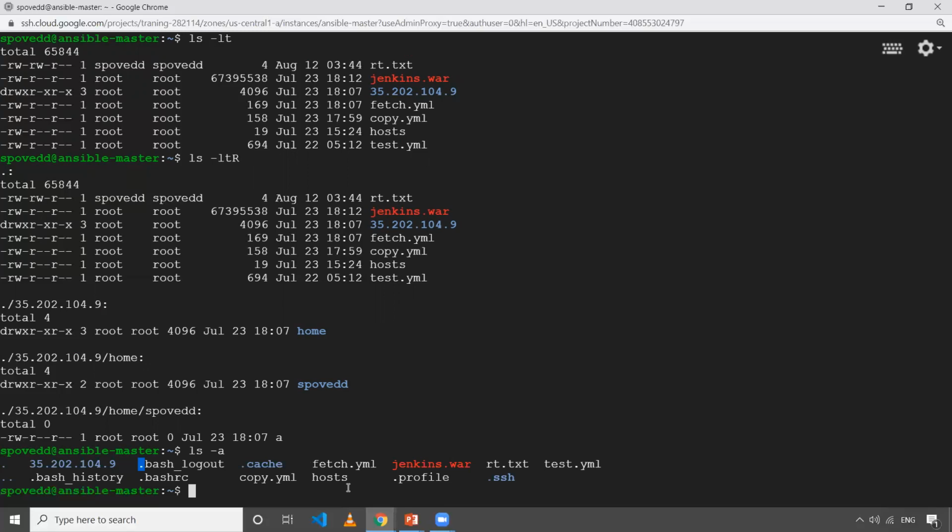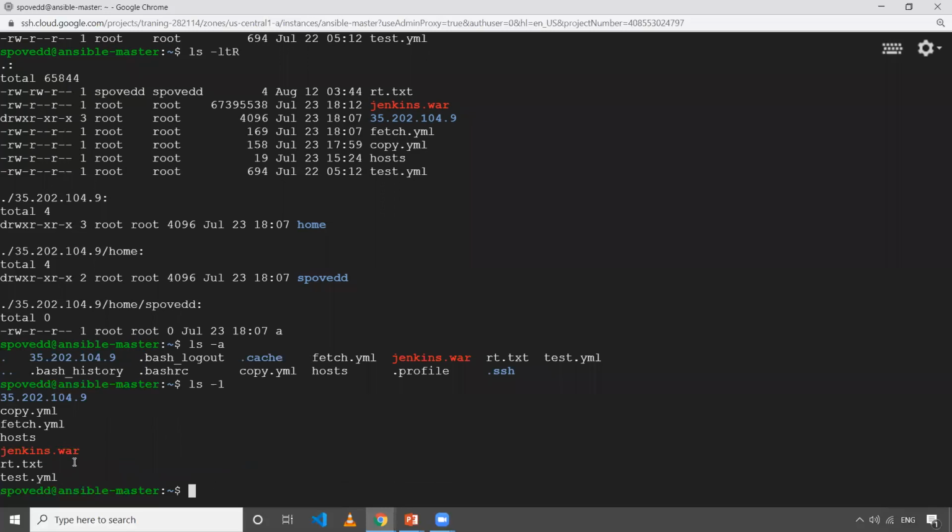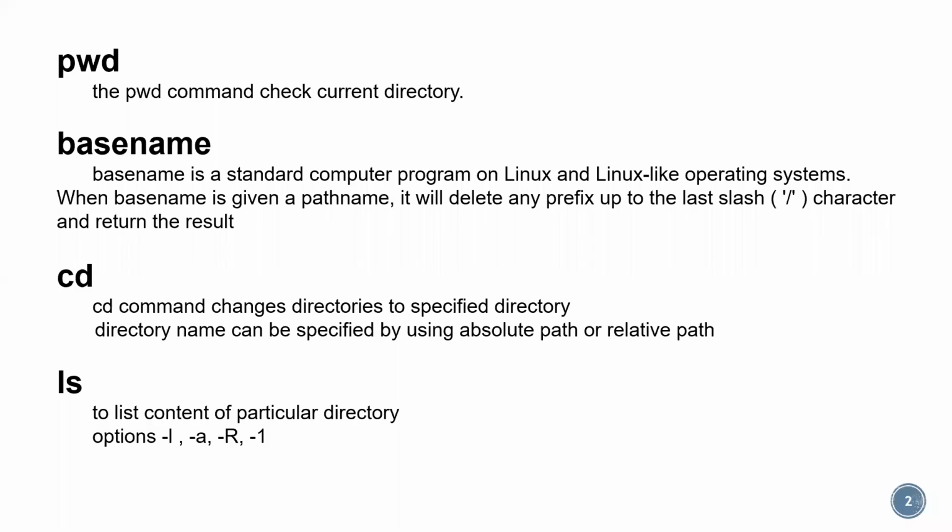I don't want it that way. I want one folder name or file name on each line. Then I can use ls -1. When I type this, you'll be able to see one file name or directory name per line. So these are the options you can use according to your requirement. You can choose the better options and use them accordingly.